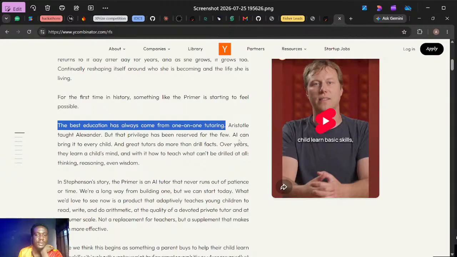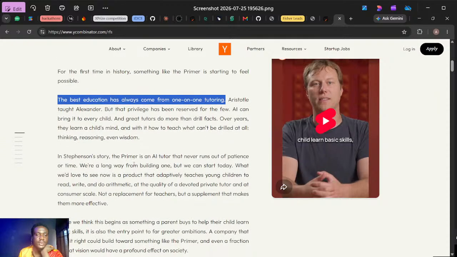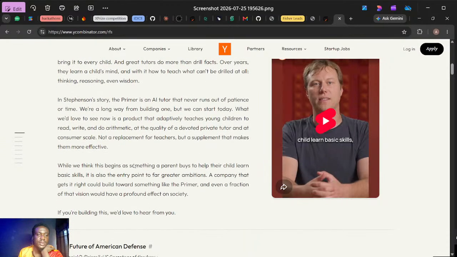For example, if AI can bring it to every child, it can talk to them more than drill fast. Over the years, they learn, and it can teach how to think. It never runs out of patience or time. What we're working on is a product that actively teaches young children. But there are products like NotebookLM. Is there a different vision from what NotebookLM does? NotebookLM can give you the knowledge and come up with a video. Maybe it will be like a personal assistant merged with